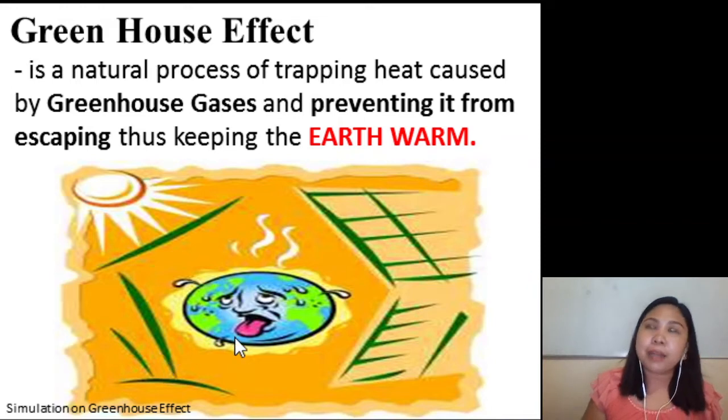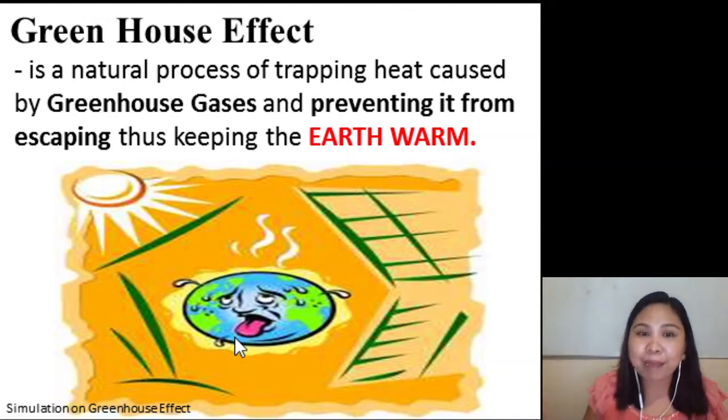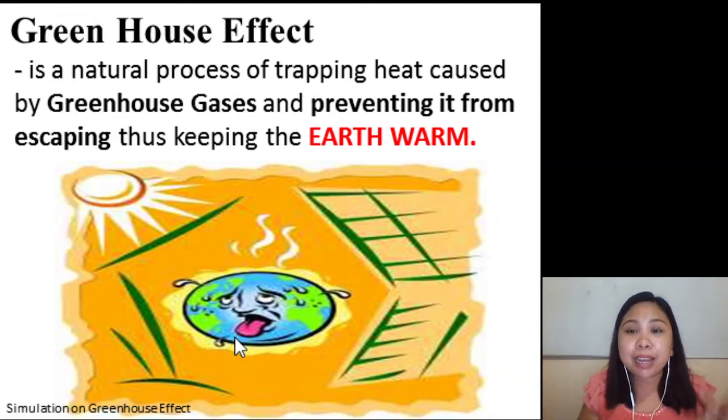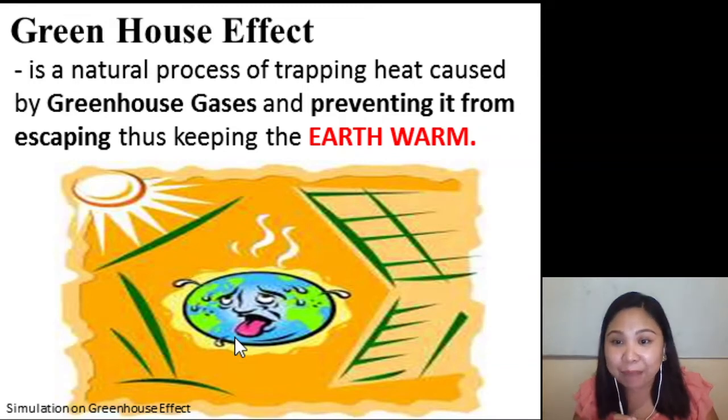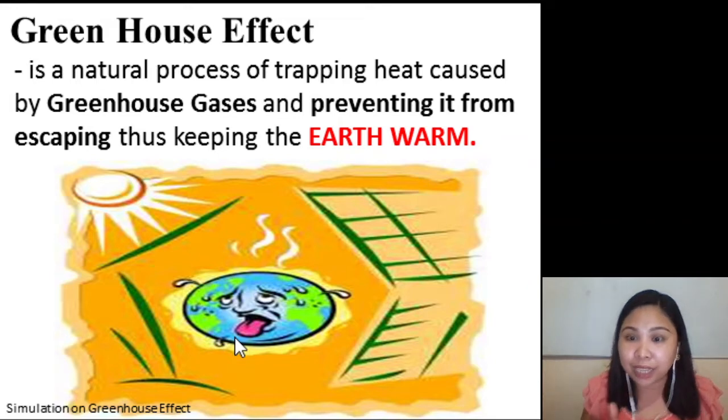So, para mas ma-imagine nyo, nakapasok na ba kayo or whenever you ride in a car na na-expose sa sunlight, 'di ba? Pagpasok nyo sobrang init. So yung car, it serves as the greenhouse, parang siya yung earth. And then nung tinamaan siya ng init, yung ibang init inabsorb niya, tapos hindi niya pinalabas doon sa car. So that's how greenhouse effect is occurring. Pagpasok mo ng sasakyan, sobrang init. Okay? Kasi nagkaroon ng greenhouse effect.